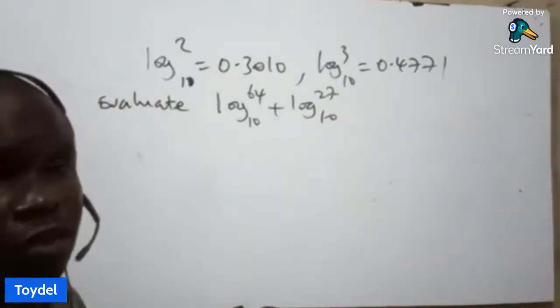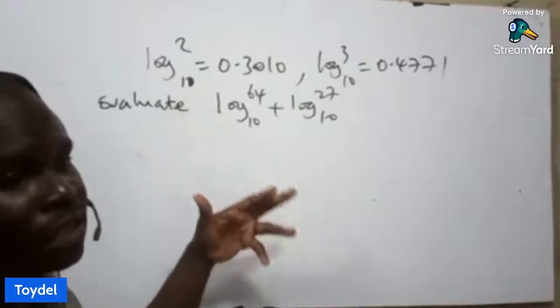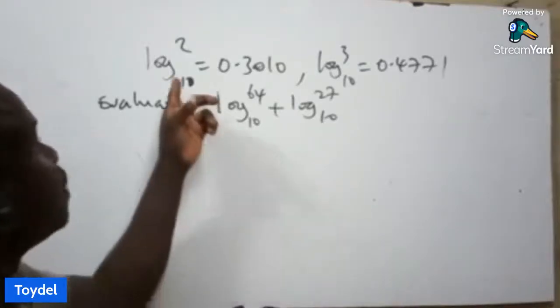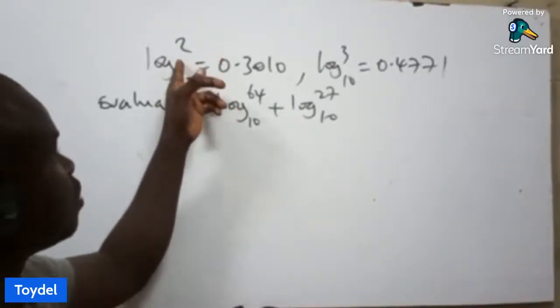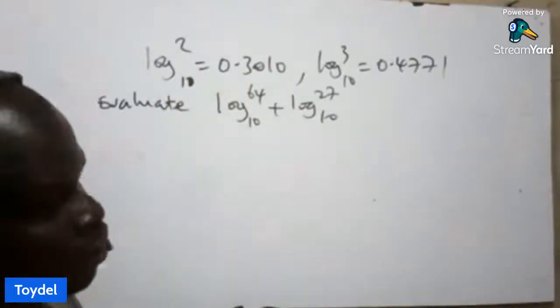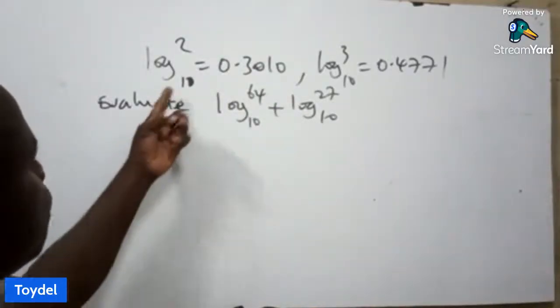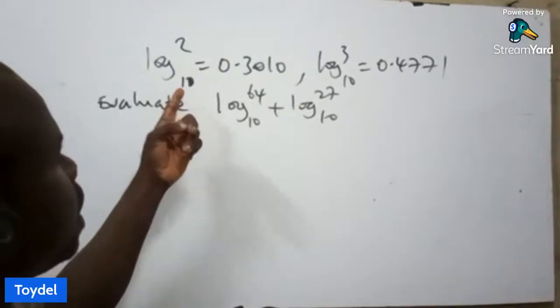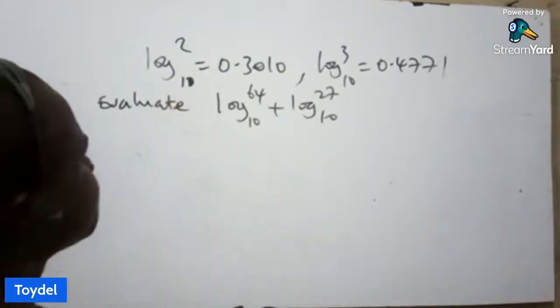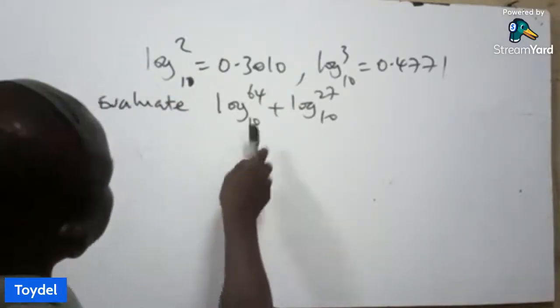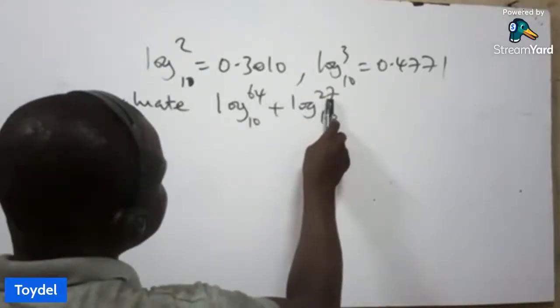Except when you have natural logarithm. That is when you have log e. That's ln x. That will be ln 2. If this is log e, this will give us ln 2. That's natural logarithm. But otherwise, if you are not given the base of any logarithm, you assume the base to be base 10. So in this case now, we are given log 64, we are given log 27, but